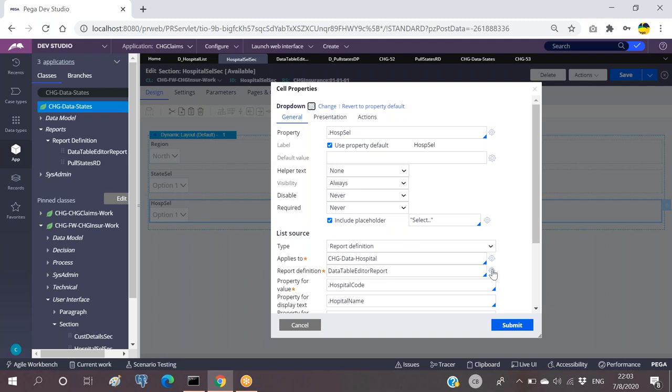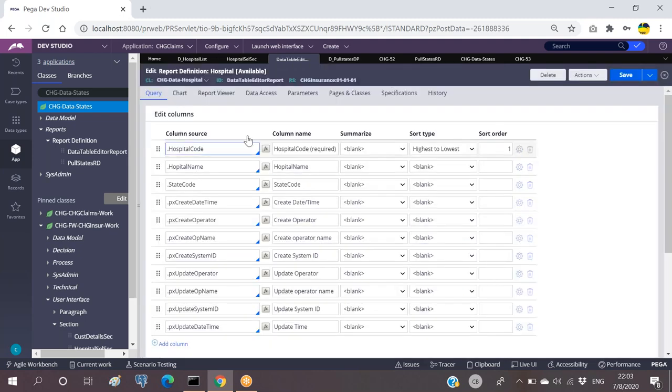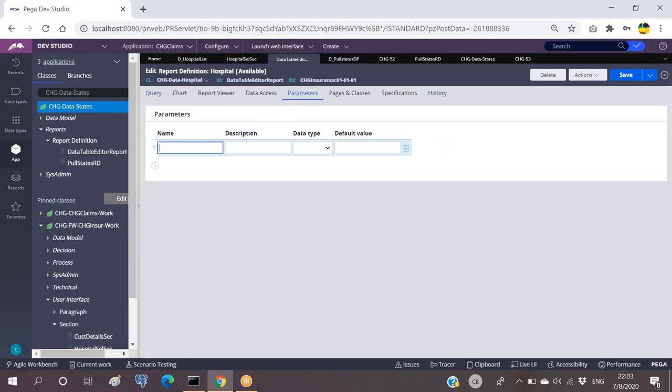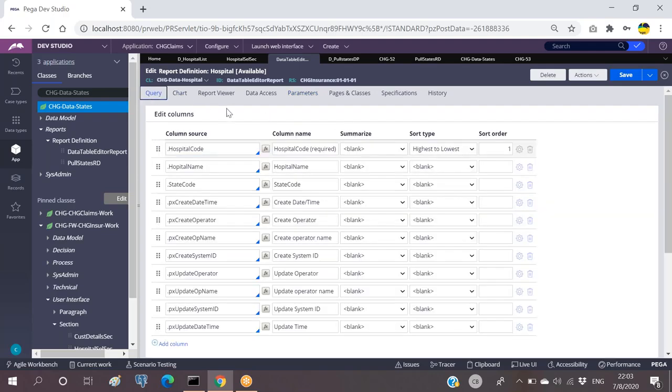So for that, let me open the report definition and let me make this report definition accept parameters first. I'm giving something like state code for RD, something like this. So this should be of type text. Okay, so you understood, right? Whatever value we are selecting in the state selection like AP or TN, that value has to be passed